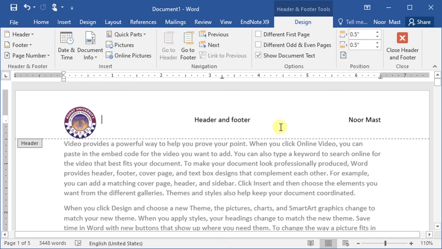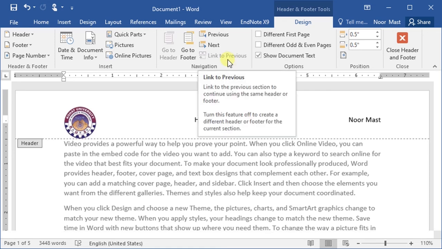There is another option available on the design tab, that is link to previous. This command is disabled at the moment. The reason is that we have only one section in our document. If there are 2 or more sections in the document, then this command will be enabled.